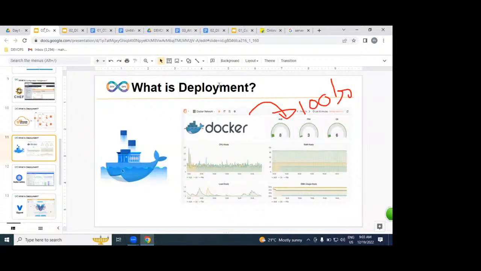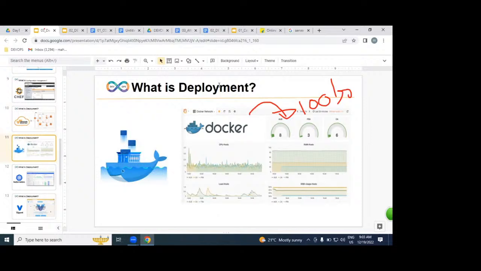Understood very clearly. How much cheap? For example, a pen you want to buy it for 10 rupees. Is it cheap or not? Same quality, same fan, but 10 rupees. Same thing here. So for getting servers, instead of spending crores of rupees, we can deploy applications with a minimal cost by using Docker.